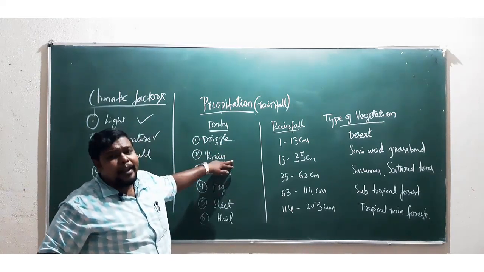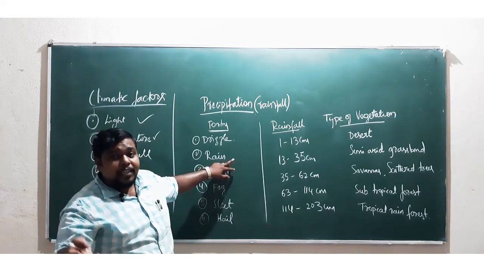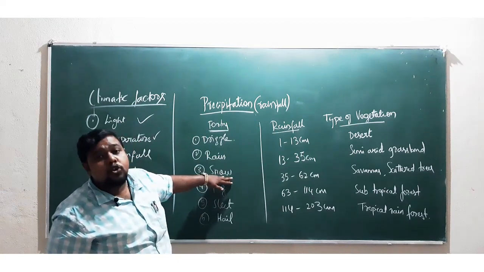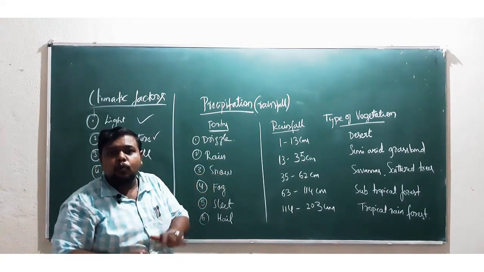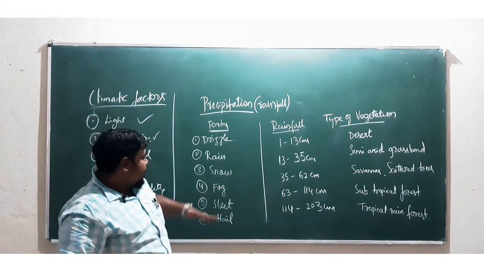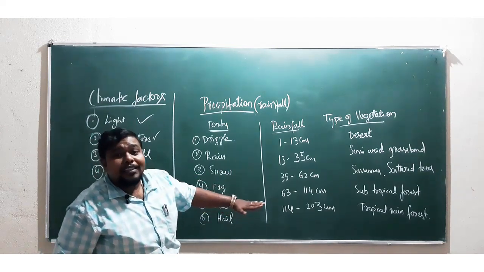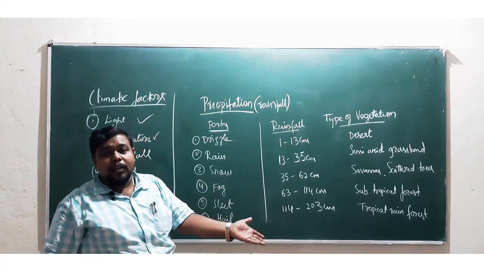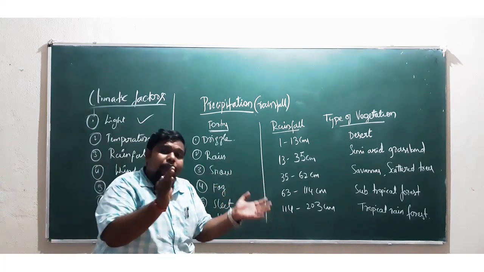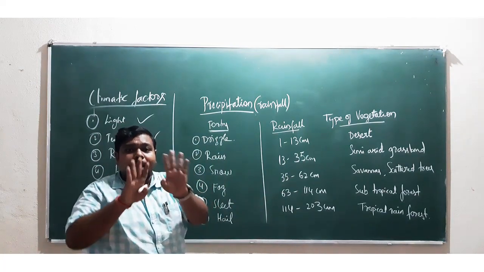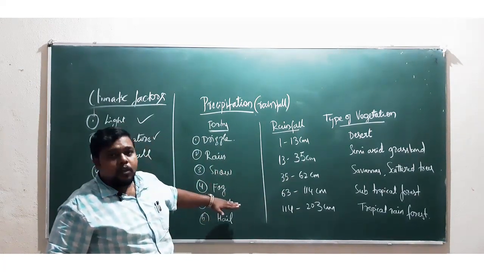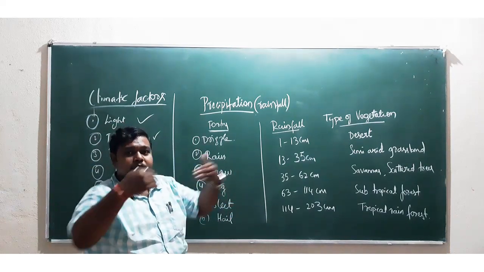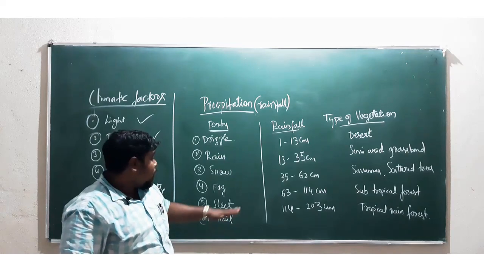And the next one is the normal rain. It depends on the number of centimeters, which will be decided in the next part. That is your rain. And you know snow. The condensed form of water can be called snow. And fog. What do you mean by fog? It is the condensation of water along with some other particles found in the atmosphere. If they are combined with condensed water, they form an opaque mass called fog. When you are on a drive in your vehicle and you find that white thing approaching near hill stations, that is fog.